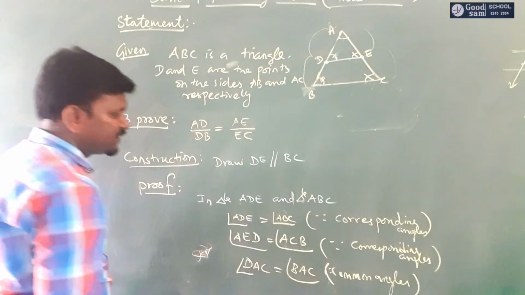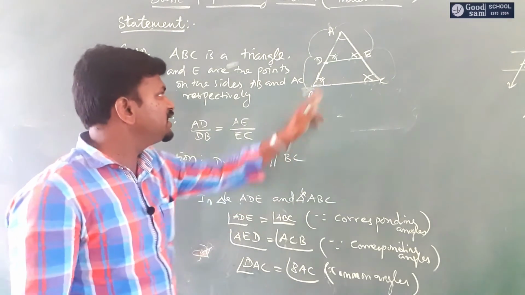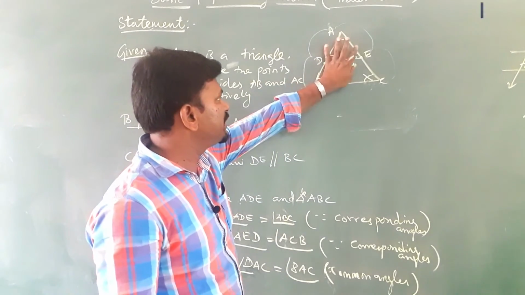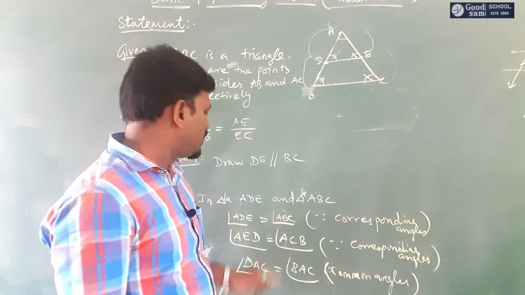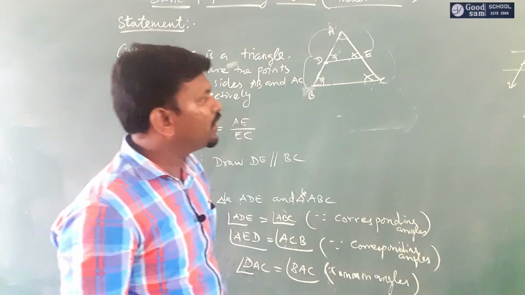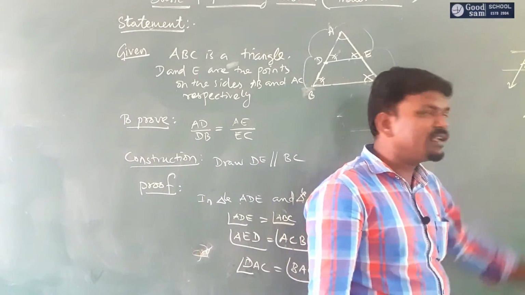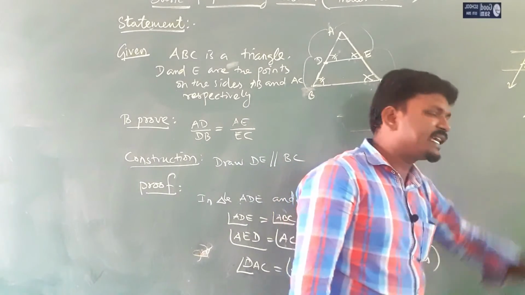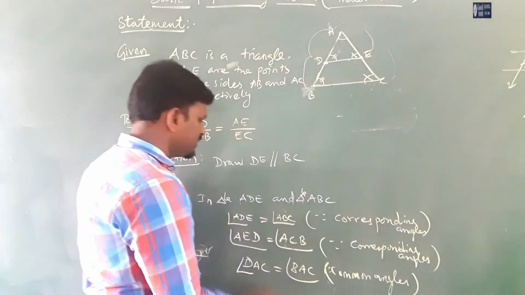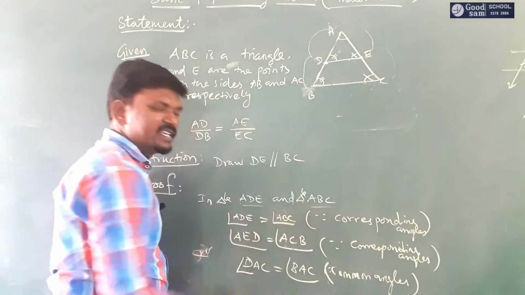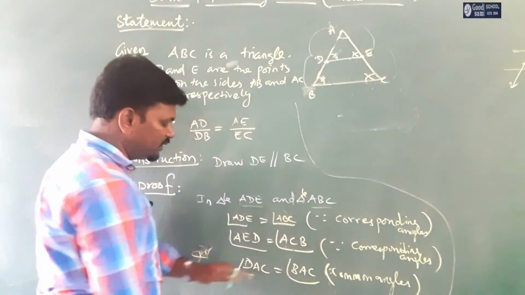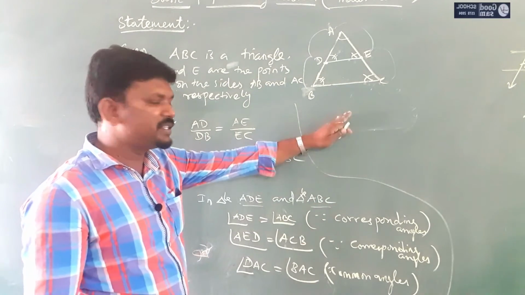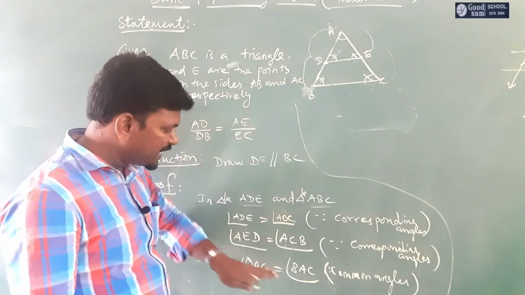Okay, common angles. So in both of these triangles, the smaller triangle and the bigger triangle, all the three angles are equal. If all the three angles are equal, using AAA criteria, we can say that these two triangles are similar triangles. Okay. So here I don't have a place, so I am going to write here. So in your note you can continue one by one.